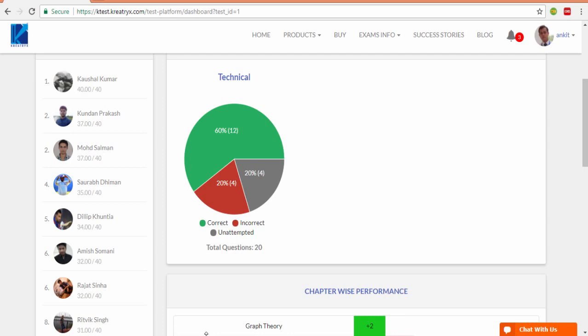Here it is showing in green how many questions did I attempt correctly. I attempted 12 questions, that is 60%. Then I attempted 4 questions incorrect, that is 20%. And 4 questions I left, that is again 20%. Okay. So this shows how much attempt and how many are incorrect. And you must always aspire to reduce the size of this red column to 0 so that your incorrect answer should be 0 while keeping the size of this green bar greater than or equal to 10 in the subject test.